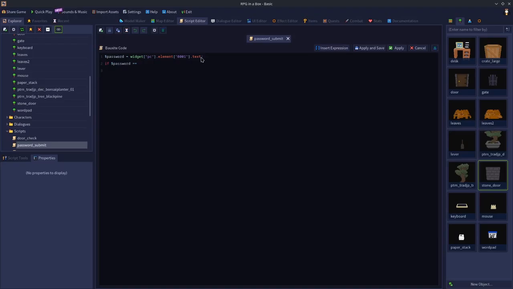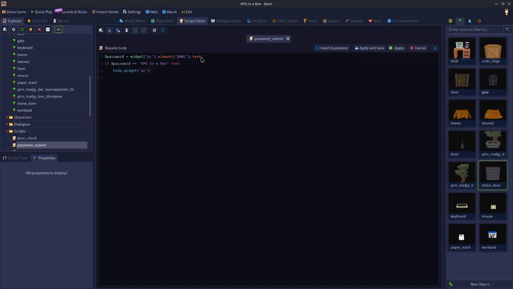So if this text is equal to, and then what do you want to compare it against? RPG in a box. In the case of this code, it would have to be typed exactly like that with the capitals and everything, but just for a simple example, it's fine. So if password is equal to that text, then we want to hide widget